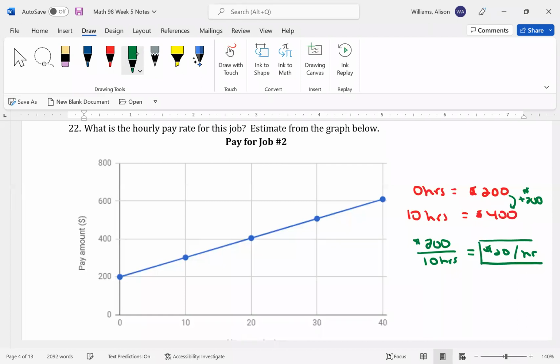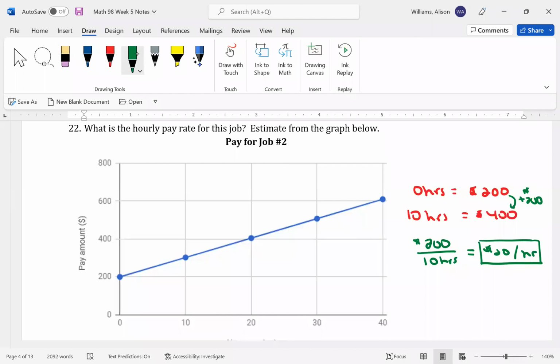The difference is they have a base pay that they're guaranteed to get every time, and that's $200, even if they don't work. So maybe it's their salary, and then they get a certain amount of overtime, or maybe it's just the way the job is written. They get that pay because of the hazard that they deal with or something like that. I noticed that when we double the hours, 20 hours, it goes up to